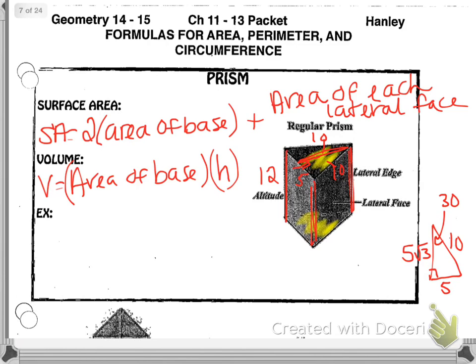So to find the area of my base for my surface area, it's 2 times the area of a triangle, which is 1/2. The base length here is going to be 10, because it's equilateral, times the height, which is 5 square roots of 3, okay? And then we want to add to that the lateral area. So each lateral face is actually